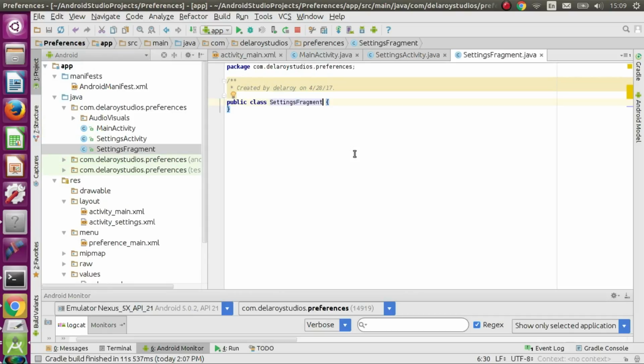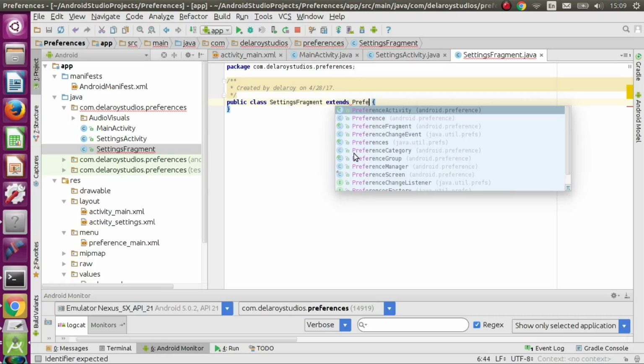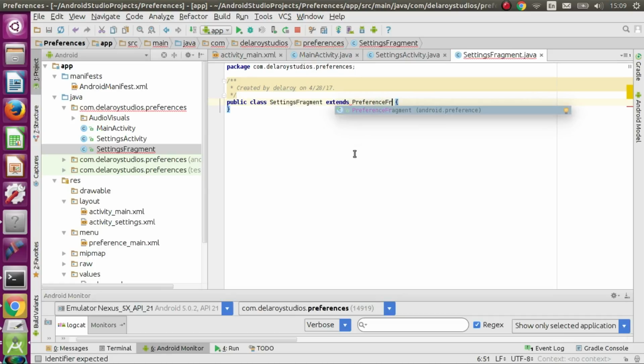So from here we need to extend the preference fragment compat, preference fragment compat, which implements